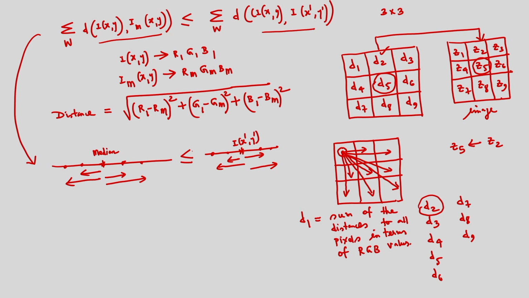So by this algorithm, we can determine the vector median. We have to determine all the distances, D1, D2, D3, and after this I have to find the minimum distance, and from the minimum distance I can identify the pixel, and the center pixel value will be replaced by that pixel value. So this is the algorithm for the vector median filter.